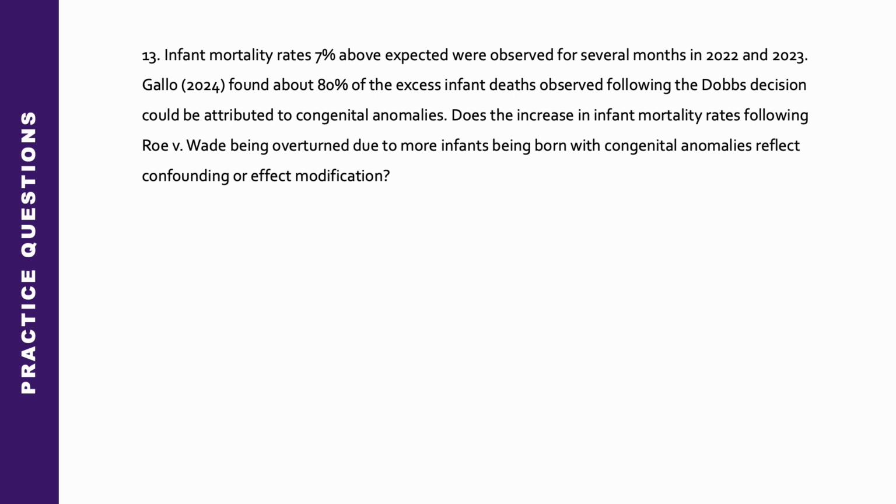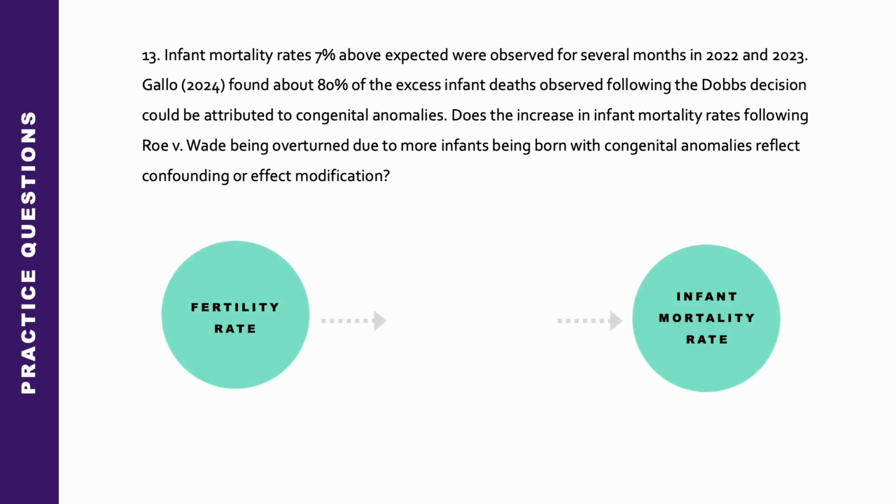This isn't a straightforward one, but here's how I started thinking about it. In general, infant mortality rate is a function of fertility rate for a population. Infant mortality rate is definitely our outcome in this scenario. I wasn't totally sure if the exposure should really be pregnancy or fertility rate, but because we're looking at the population level, I think fertility rate makes more sense.